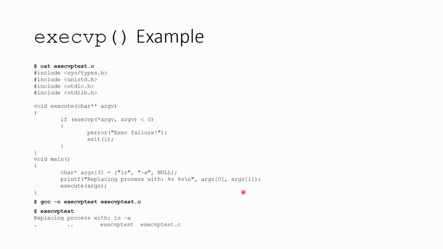Here is an example for this again. So we're going to cat out our execvptest.c. Then we have an execute function. So our execute function is going to receive a char double star, which is to say it is an array of pointers to strings, and we're going to call it argv within our function here. Then we're going to run execvp, and if it fails for some reason, then we'll go ahead and exit. And I've wrapped that into this if statement here with the less than 0, just to show you another way of running this. So execvp is going to take the first